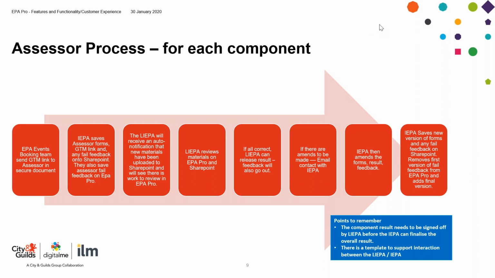No worries. Okay, and I think the one point on this one, so at the minute, if I'm right, and please correct me if I'm not, the witness testimony for the adult care, for example, is uploaded at Gateway and is provided to the IEPA. But in the new world, when you set the dates for the planning meeting, the date for the evidence upload will be agreed at that point. So if you set the date for the 20th of February, then part of the conversation is that the evidence has to be uploaded onto EPA Pro by this date. That's a discussion that you'd have at the planning meeting. Any other questions?